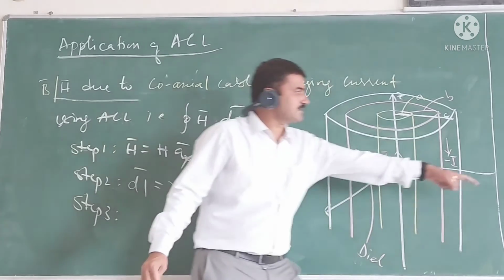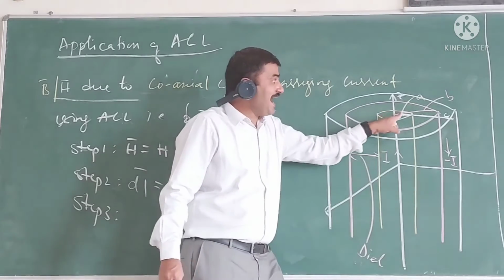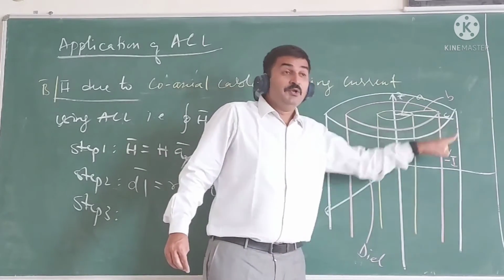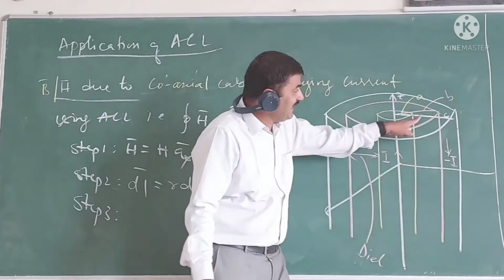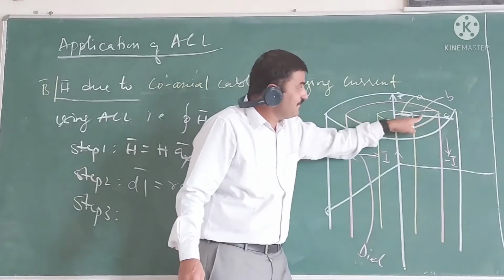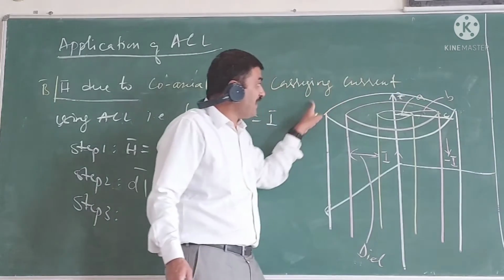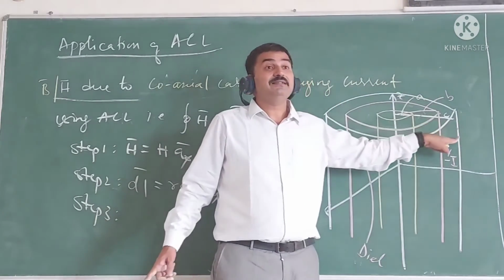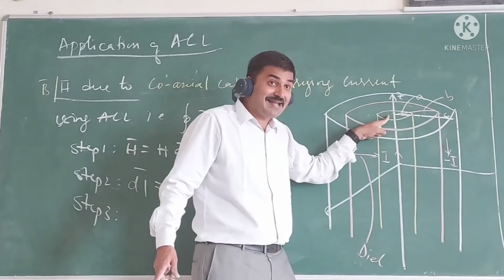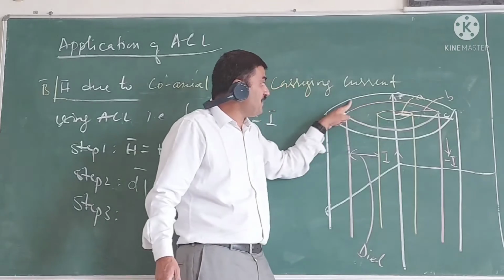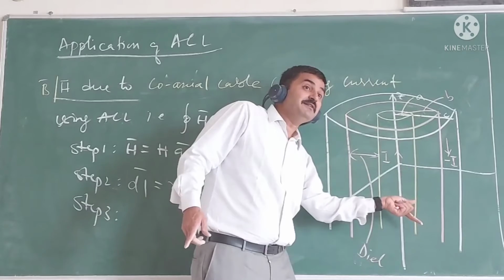If I consider the radius here, is it I? It is I plus minus I. No, the I depends upon the radius of the Amperian path. If this is your Amperian path, the current enclosed is I. If this is the Amperian path, the current enclosed is I plus minus I, 0. If this is the Amperian path, the current will be lesser than I. If here is the Amperian path, the current will be I plus part of minus I.